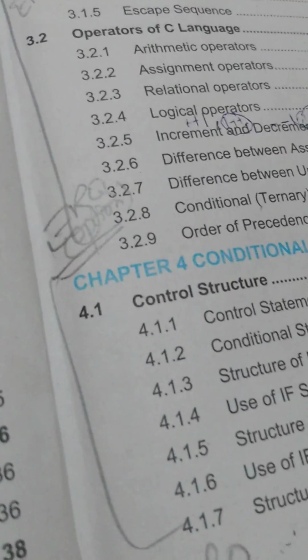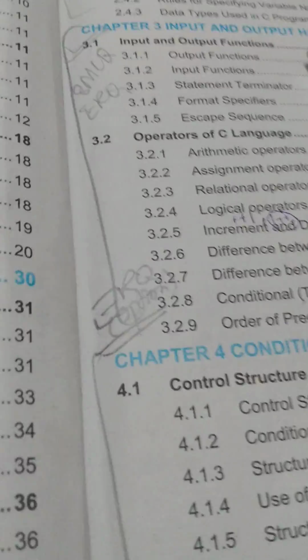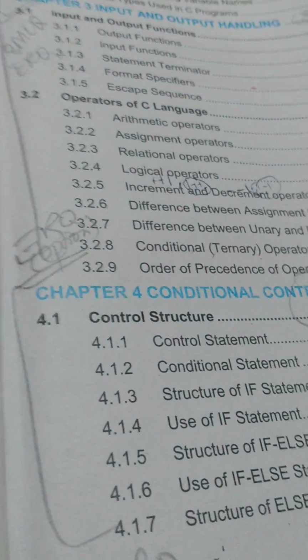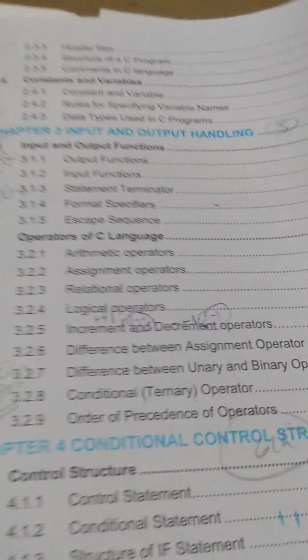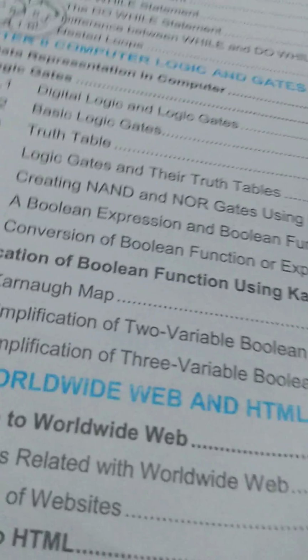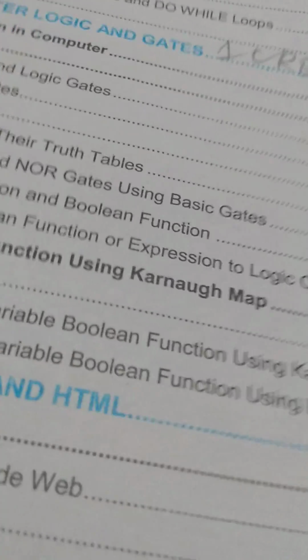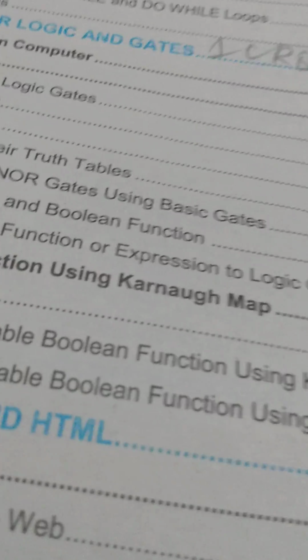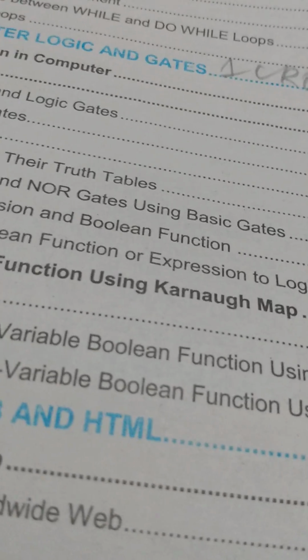Number 1 loop structure, number 2 conditional control structure, number 3 input and output handling. All chapters, right? Loop structure, and conditional control structure, and input and output handling. These all 3 chapters, which are fundamentals of computer C programming, would be coming in your optional ERQ, right? And another option would be given from this chapter number 8, which is not included in your syntax